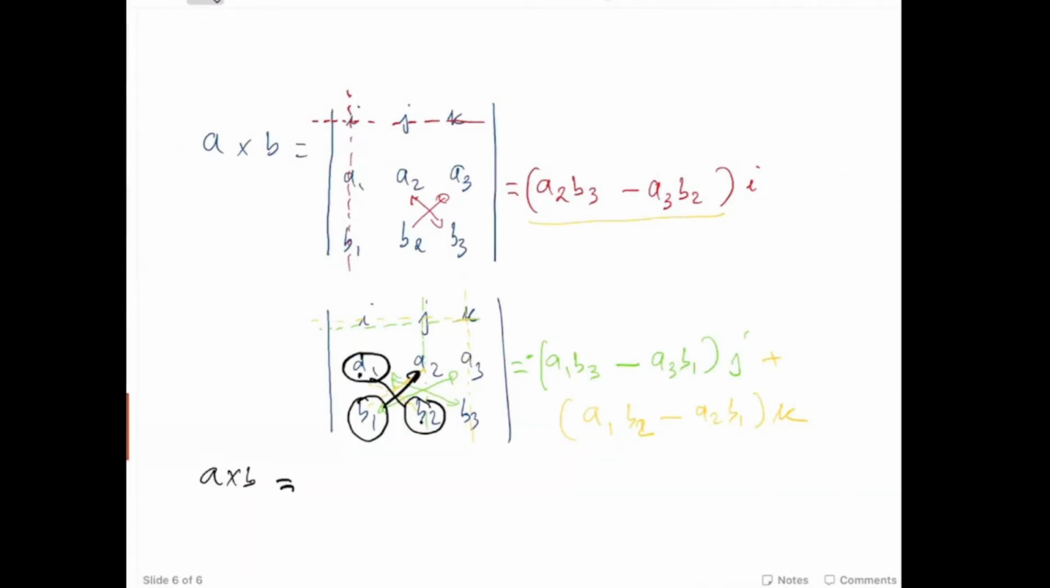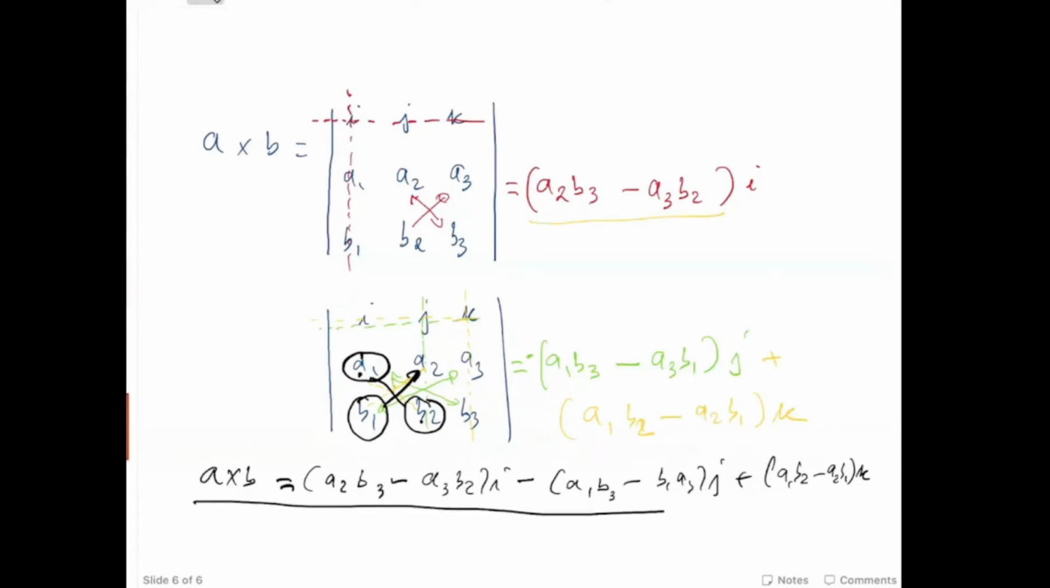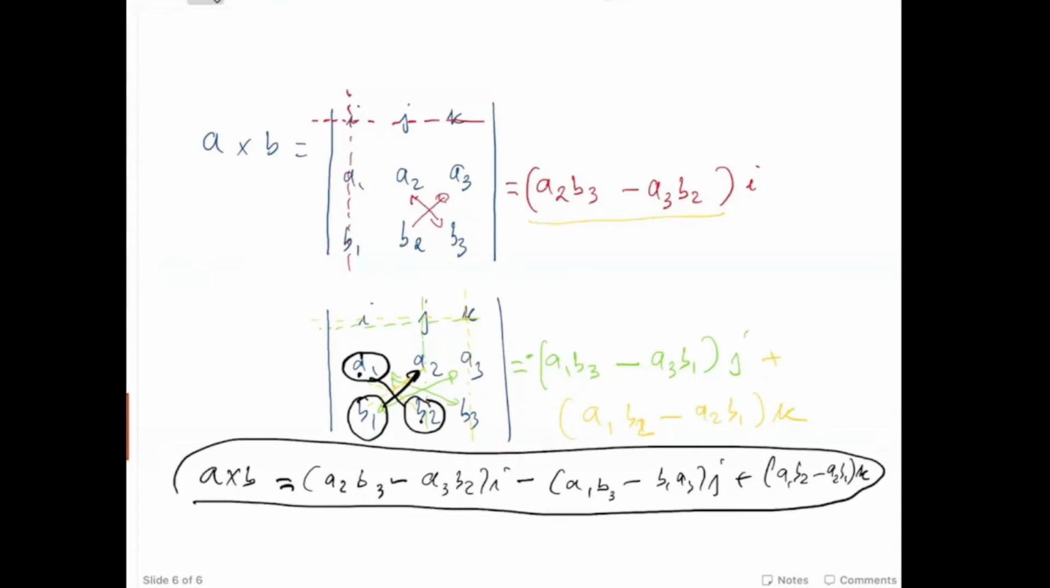So the formula will be given as A2 B3 minus A3 B2 I minus A1 B3 minus B1 A3 J plus A1 B2 minus A2 B1 K. This is how you compute the vector product between two vectors. You can either remember this one